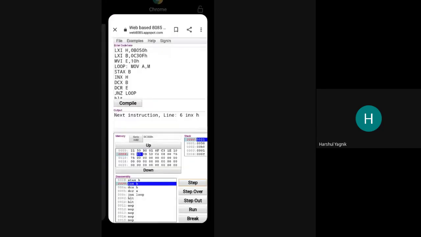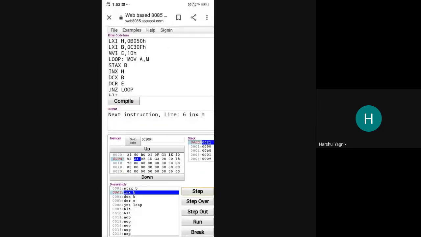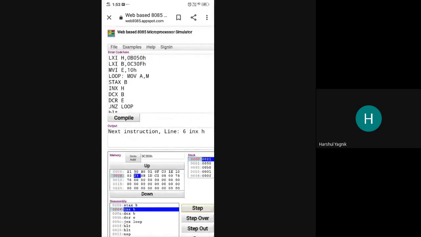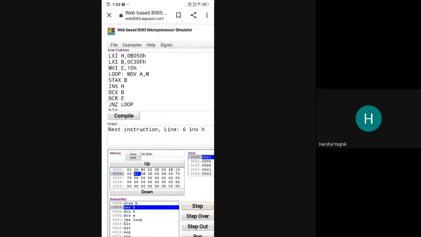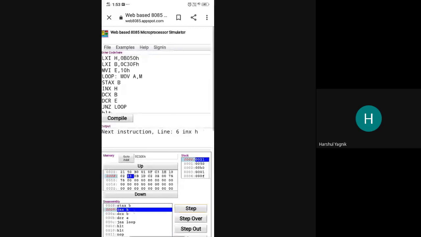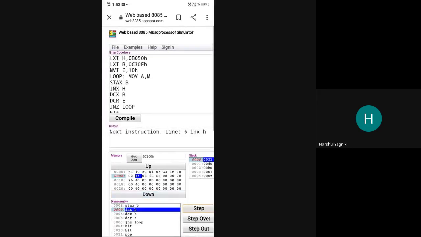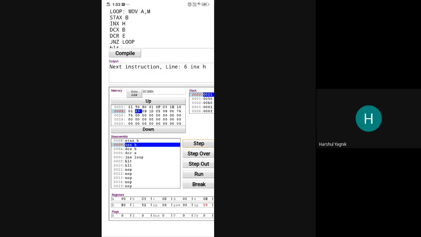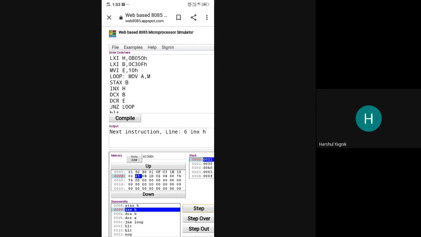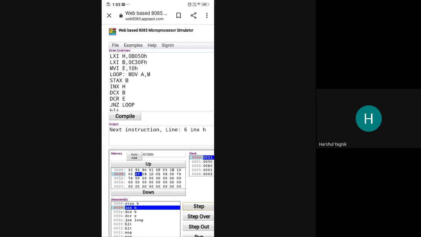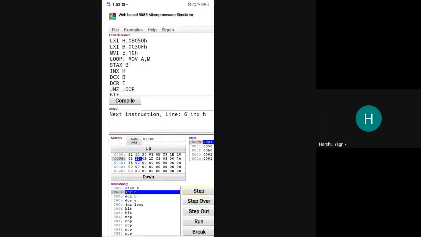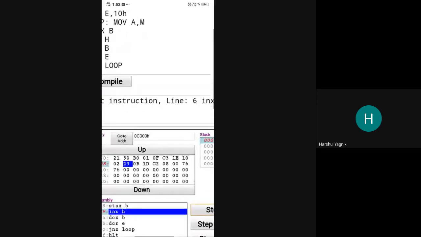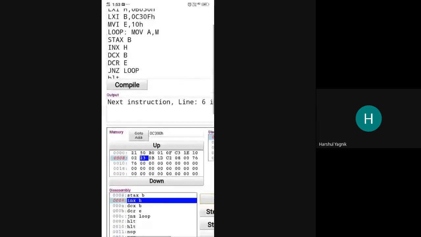No, sir. Show me what is the data at B050H. Sir, 1 second. In the memory location where C300H is written, there you can go for B050H. Yes, sir.